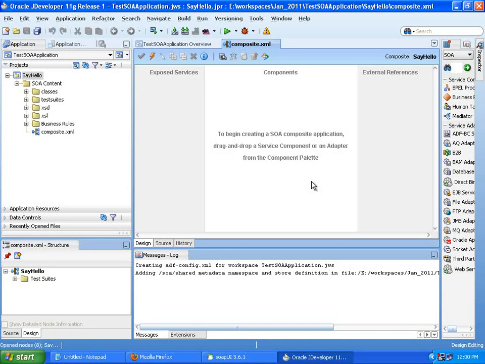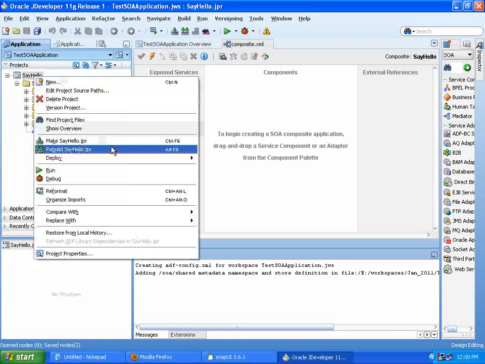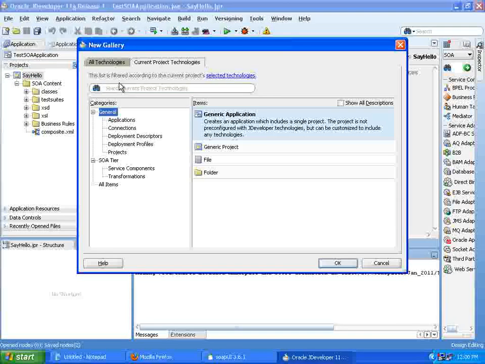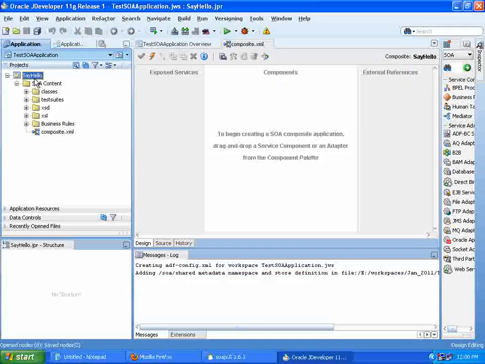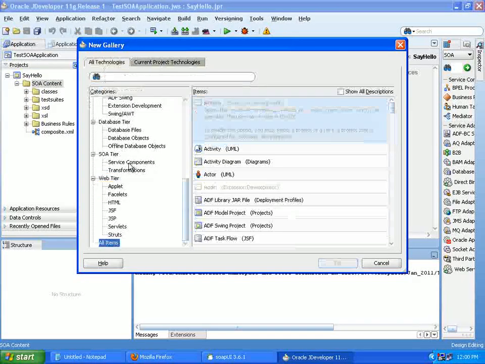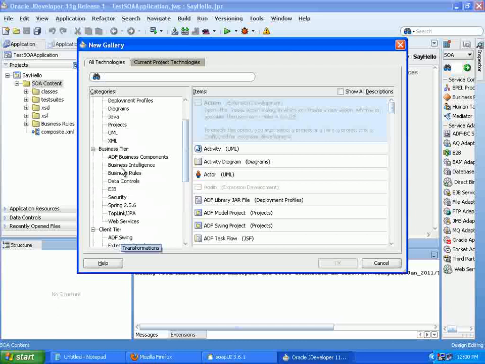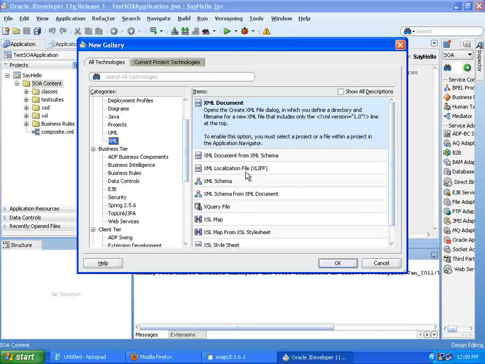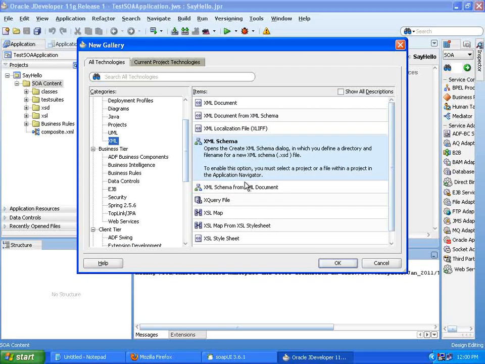First create the XSD and then the service, then WSDL. First, new SOA content, new,